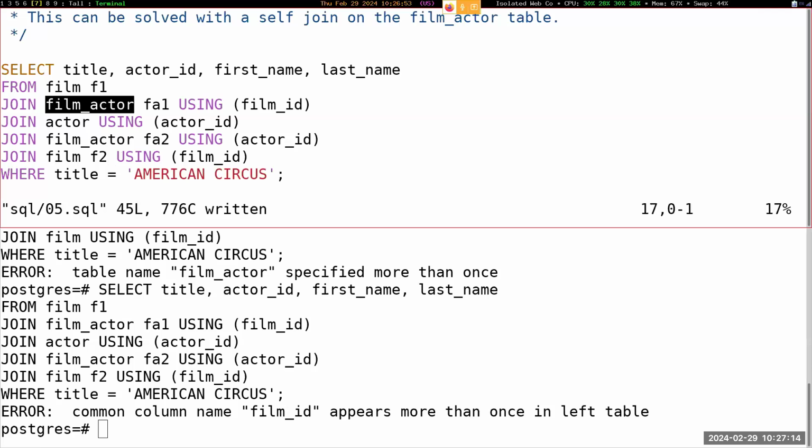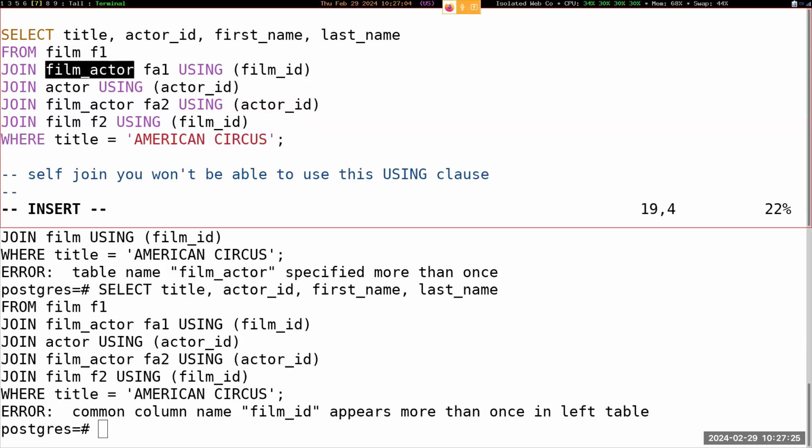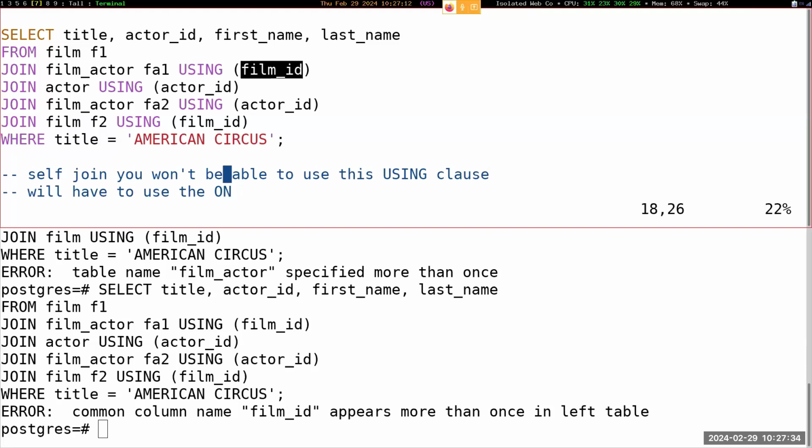So the first big picture thing to think about is that when you're using a self join, you won't be able to use this USING clause. We'll have to use the ON clause so that you can actually specify which film IDs you're talking about. Now let's change this to an ON of f1.filmID. So this film up here connecting to this actor ID down here,